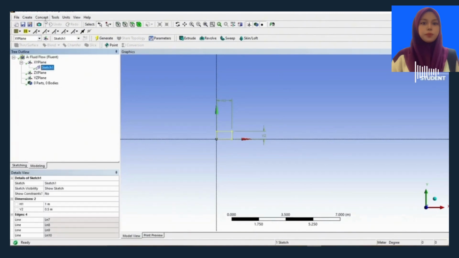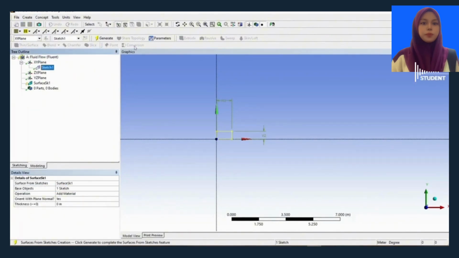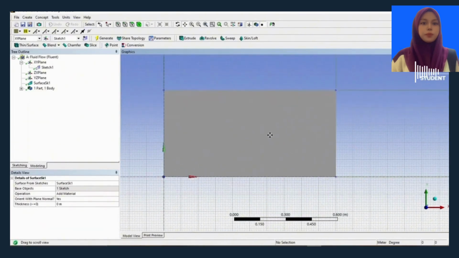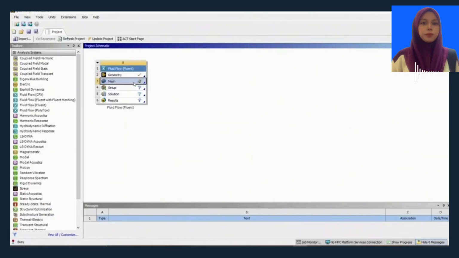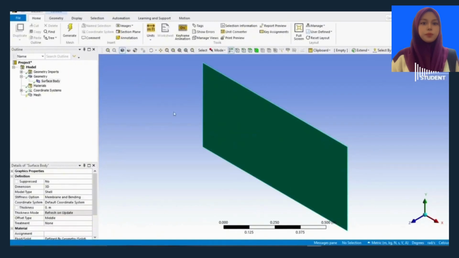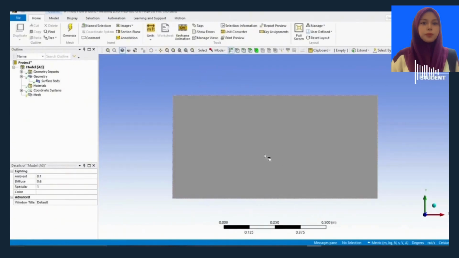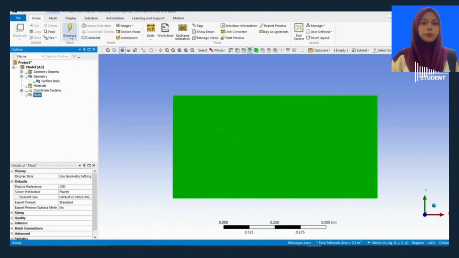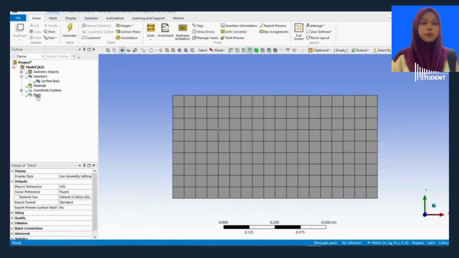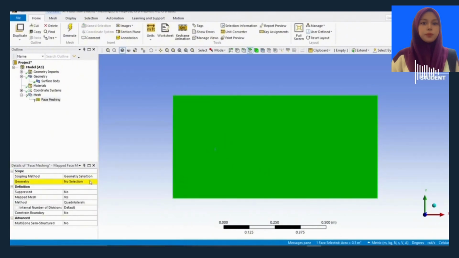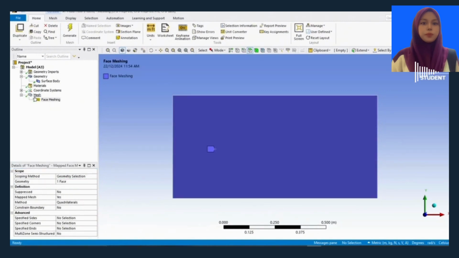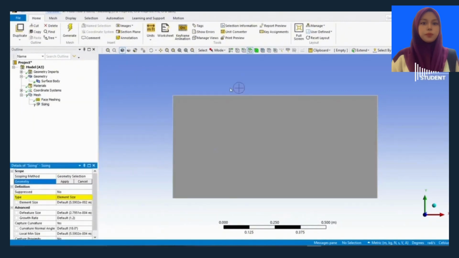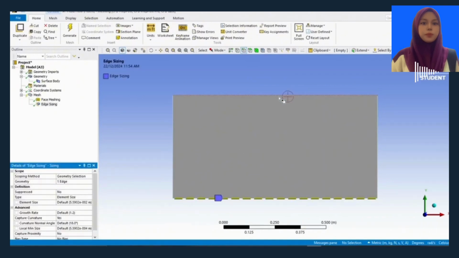And click XY plane, sketch, click concept, and click mesh, click the object, mesh, insert sizing,